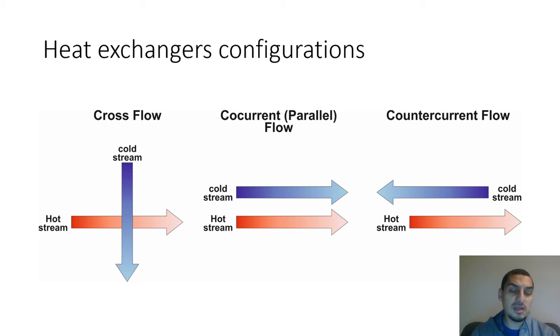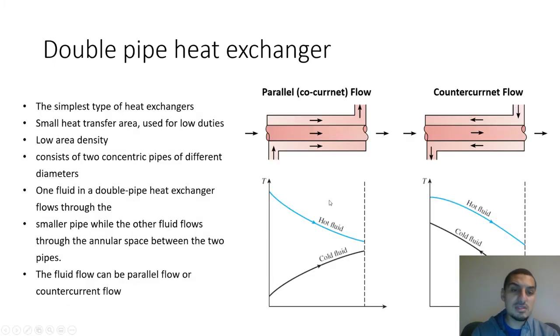But just to understand what the difference is, it's good to take a look at the temperature profile. So this is the co-current and this is the counter current, and in the parallel flow you'd see that at the start of the flow, which is the same point here, we have the highest temperature with the lowest temperature. So there is a very high driving force here, and the driving force decreases as we go forward until we reach the end of the heat exchanger, where we will have the least driving force. So the heat transfer here is not going to be as fast as the heat transfer in this case,